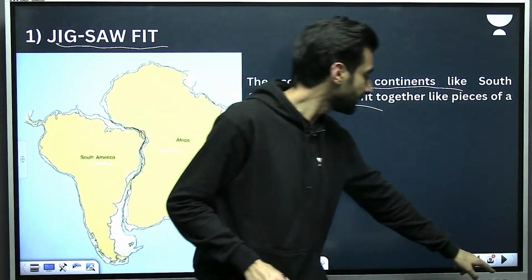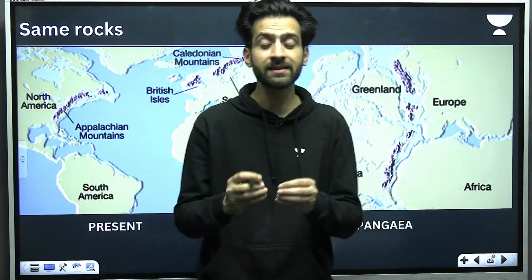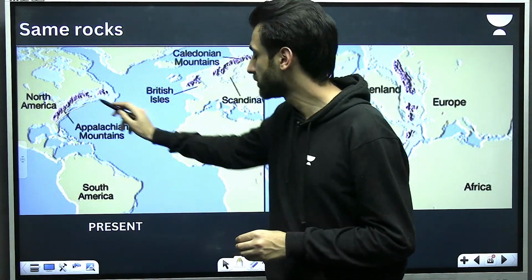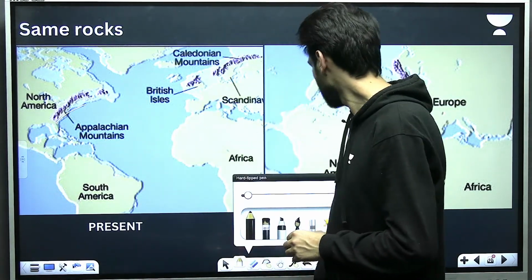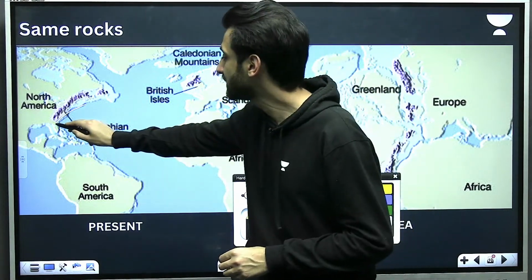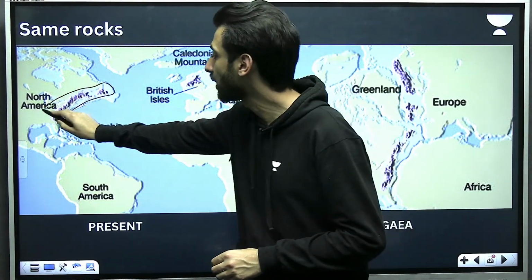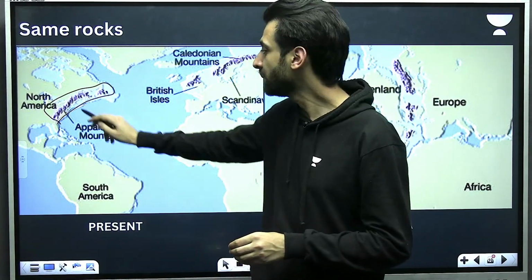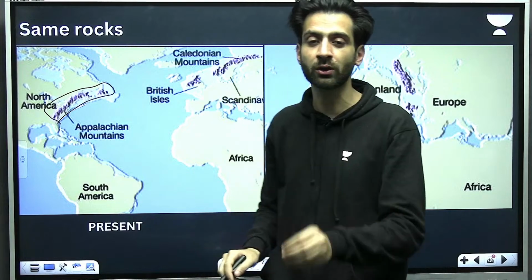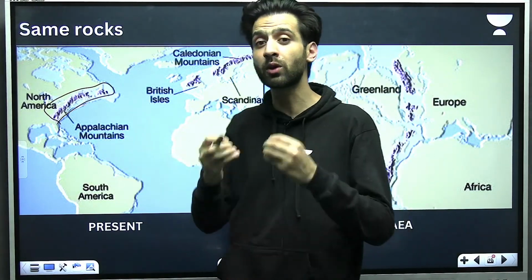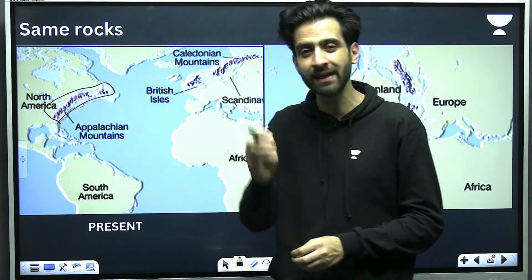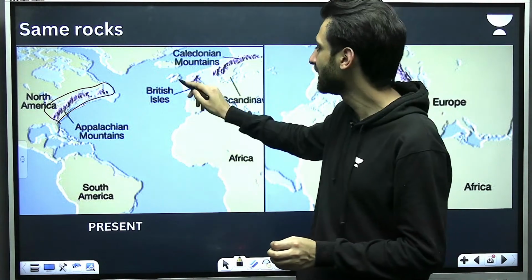Then coming to our second evidence, you can see the rocks present on the earth even today, like the Appalachians. See, again you have to do the imagination part here. These are the Appalachian mountains. They are present in North America. You know, mountains have proper specific characteristics. They have an age, and you will find mountains of the same age and the same features and characteristics here